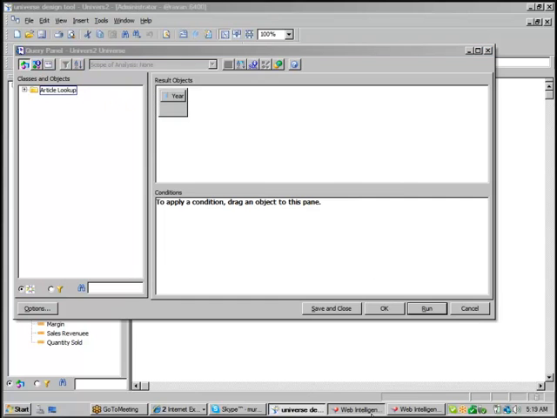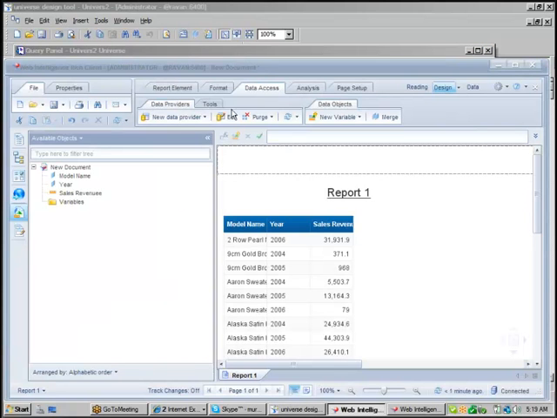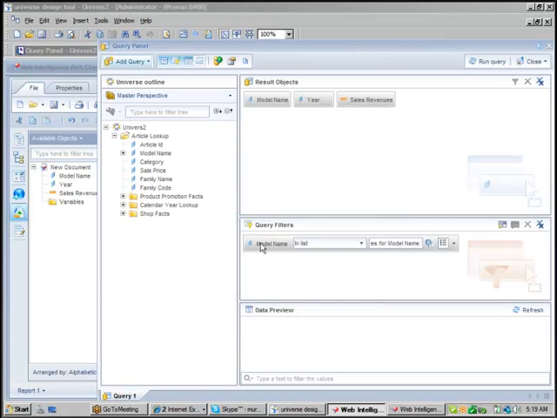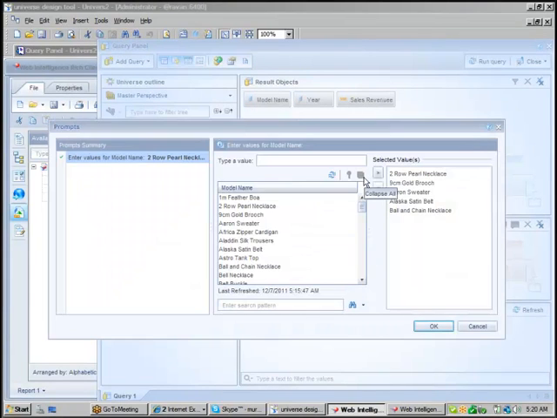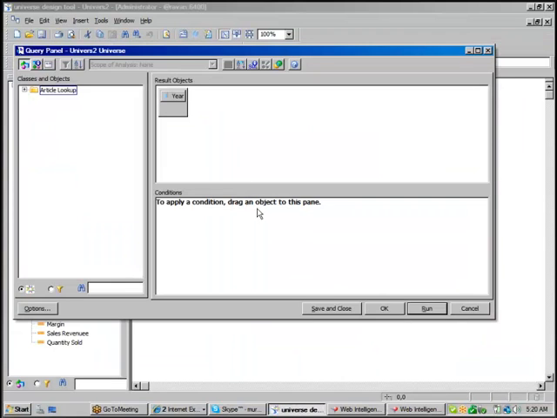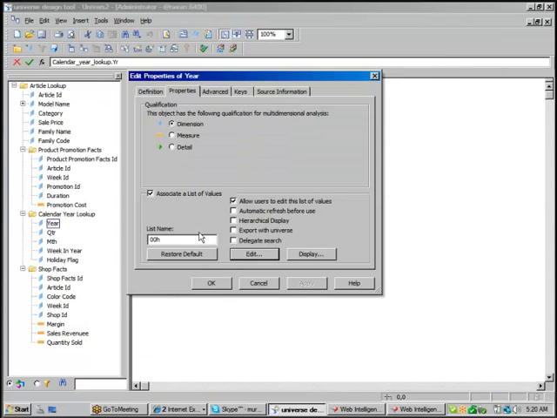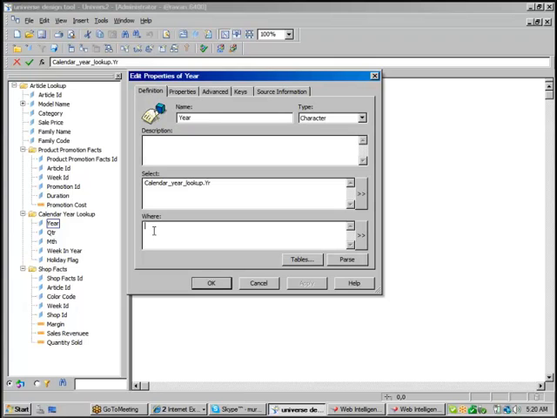This query works at the report level. Whenever the user drags and drops the object into the query filters pane and makes it a prompt, when the user is running the query, the year object prompt will first fire a LOV query, the list of values query, and it will display the list for us. Once you submit the list, the submitted list will go to the where clause.